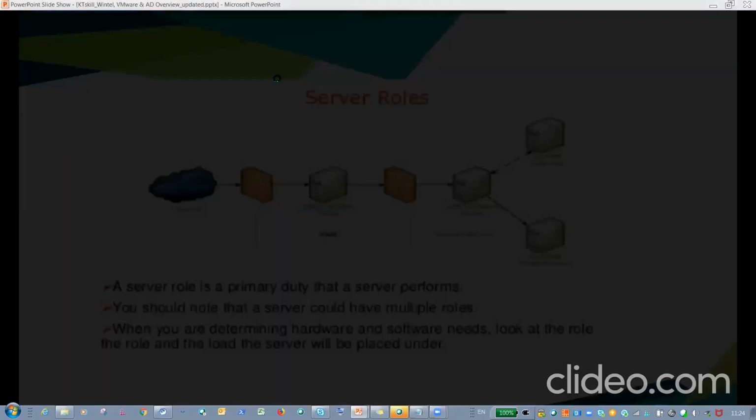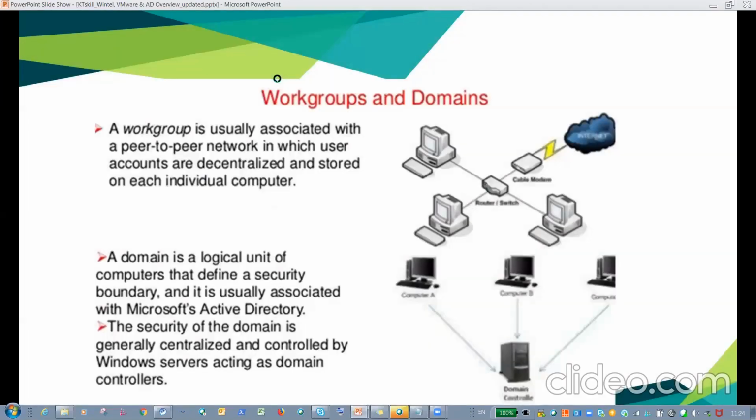If we divide workgroups and domains, first, a workgroup is usually associated with a peer-to-peer network in which user accounts are decentralized and stored on each individual computer. If we say a workgroup is always an individual network that is not connected with the central servers, all the clients in a workgroup do not have security for the data.